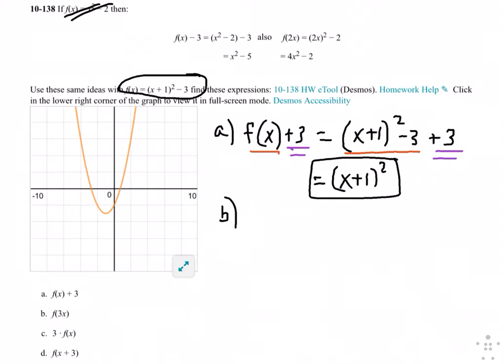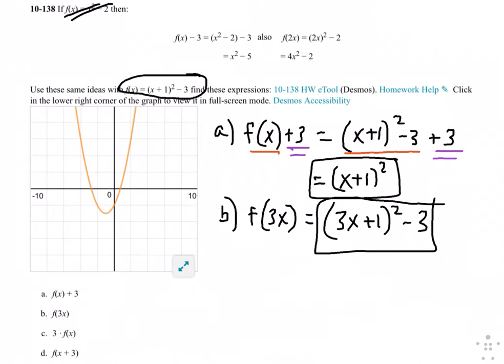And then minus 3 plus 3 cancels out, and you could leave it in that form if you want. For B, they want f of 3x, right? So we're going to substitute a 3x anywhere we see an x. So we get x plus 1, but it's 3x plus 1 squared minus 3. And again, they're leaving them in this format, so we can leave it in that format. I would say that you would want to simplify, right? But